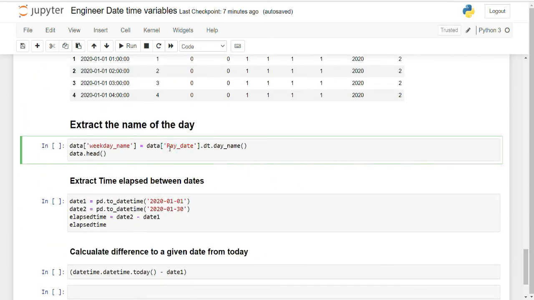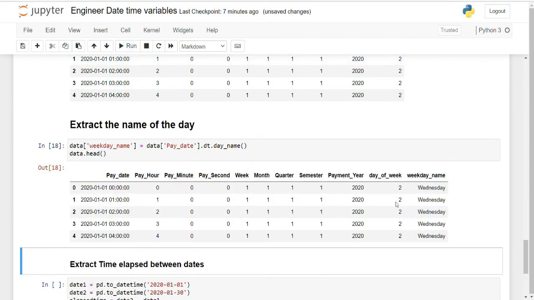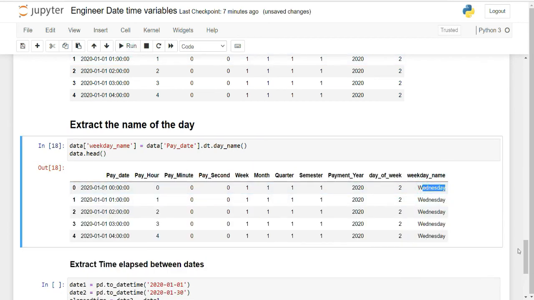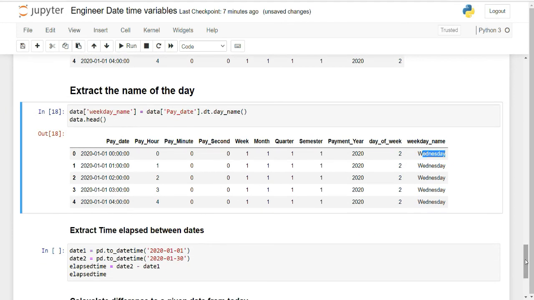Now you want to extract the name of the day. Let us say you are doing some analysis and you want to grab the day name. For that purpose I am creating a weekday name. What I'm doing here is I'm taking my date variable and simply typing .dt.day_name, and let me run it now. So you see that it is Wednesday. That is what we just saw, that 1st of January 2020 was a Wednesday. Okay,